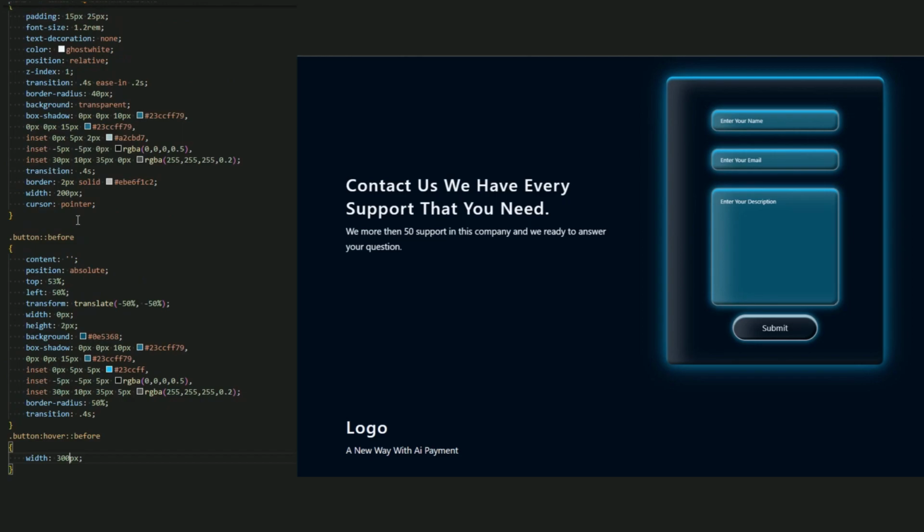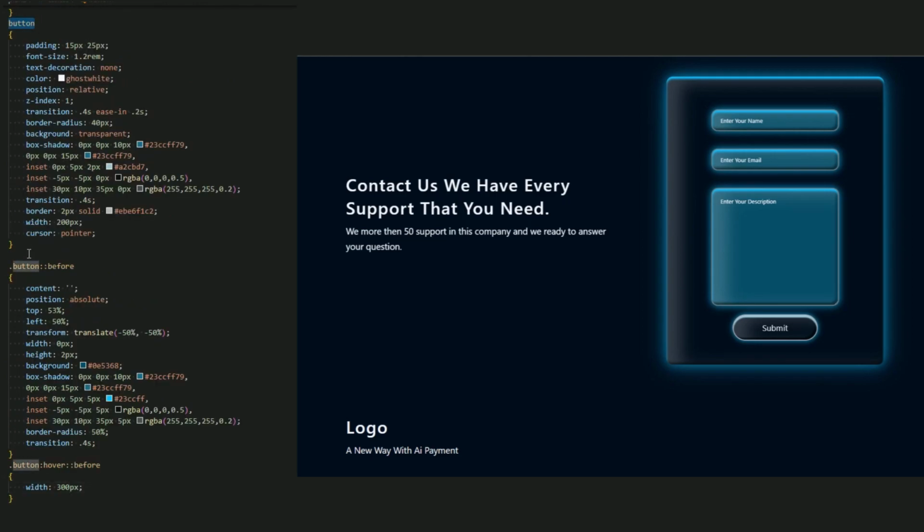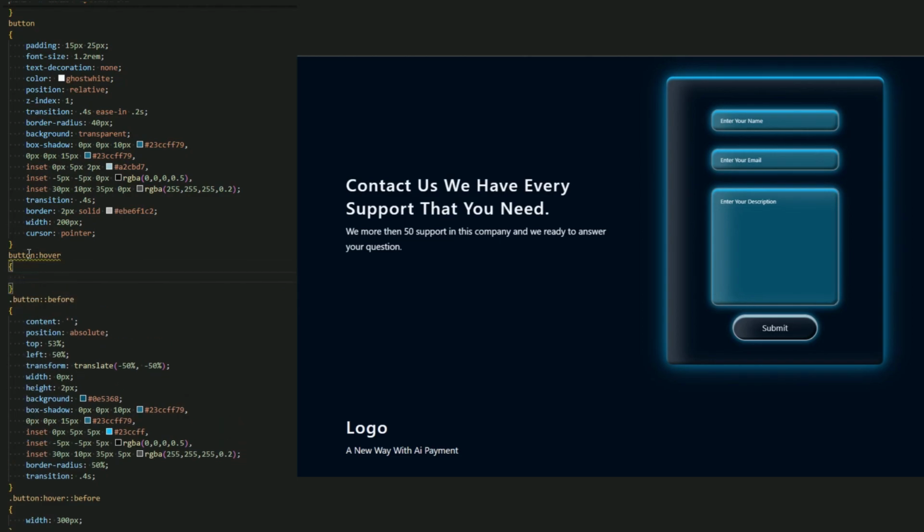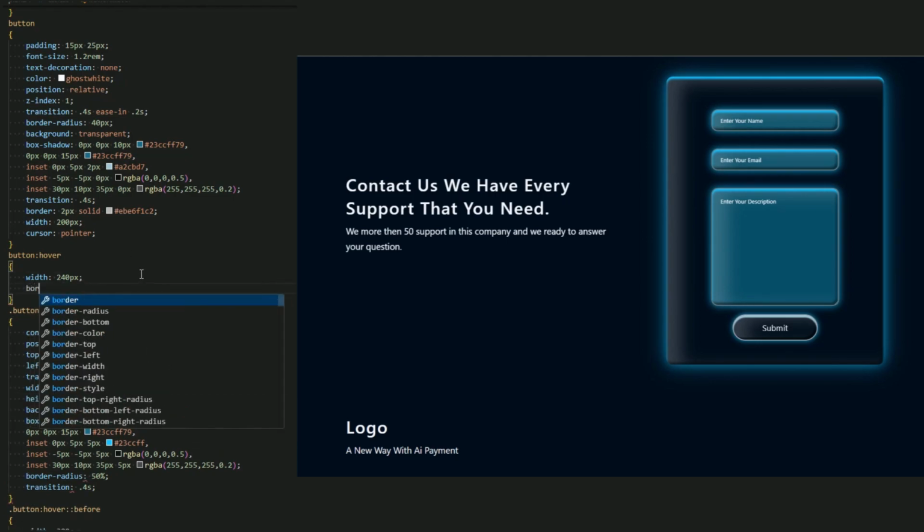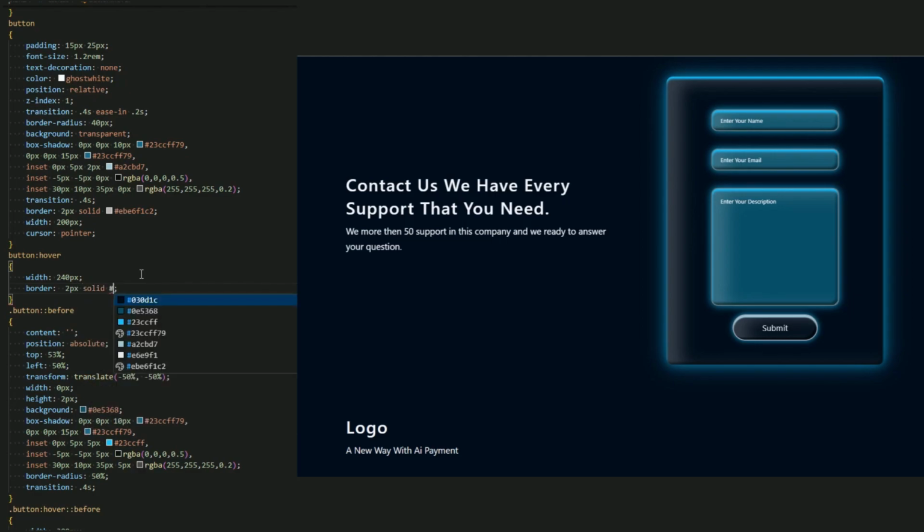Okay, and let me add a button hover again. Button hover to add a width and box shadow. So for width, let it be 240 pixel for the button hover. And I think we add the transition. There we go. And let me add the border to this, solid, and let me add this color.